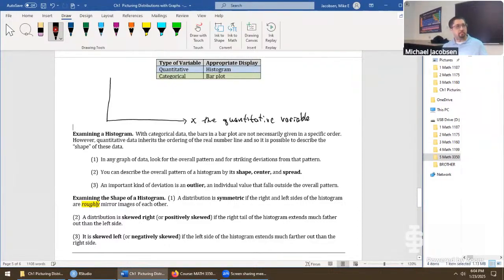So this variable could be anything like time, distances, heights, anything that has a unit that can go along with it. Going up this way, here, this is challenging. I have to write sideways. This is the frequency. And that is not quite how you spell that. Let me try again.